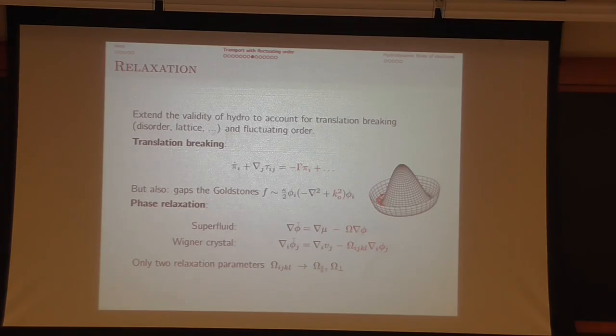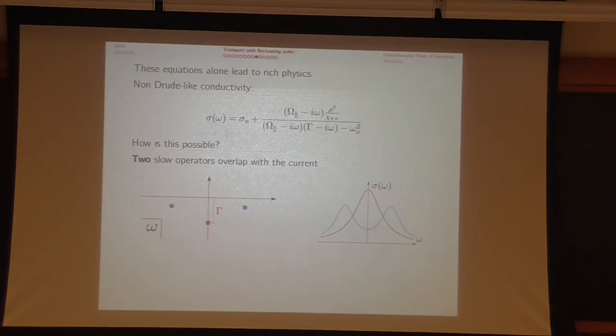Okay, so good. So now we have a fully relaxed hydrodynamic description. We can look at what the Green's functions are. And it turns out the conductivity is richer than a usual Drude conductivity. In particular, there's this omega naught, which is the mass of the goldstones, that appears in the formula for the conductivity. So this is, again, this formula, the JJ Green's function.